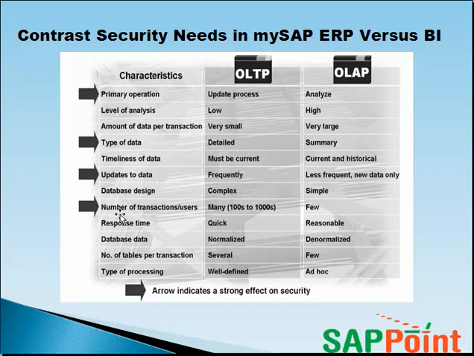And again, the key here is that there are thousands of transaction codes in the R3 system, whereas there are very few in the BI system. In most cases, the end users will not have any transaction codes, maybe except one or two, like RRMX. We saw this in the BW session also. So this table gives you a few features and differences between the OLTP or R3 system and the BI system.